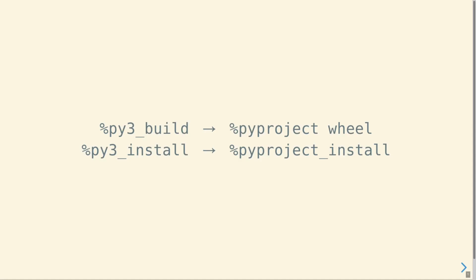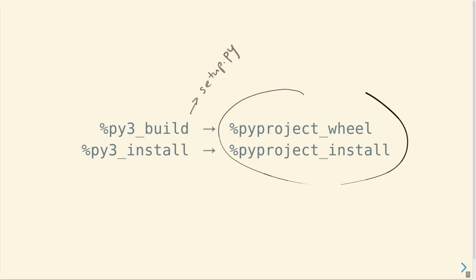Instead of %py3_build, the old macro that runs setup.py, you would now use %pyproject_wheel and %pyproject_install. These are named after the new configuration file, pyproject.toml, but they fall back to setup.py if the file is missing. Unfortunately, there are some build systems that do not have these newly standardized hooks. If your package uses something else than setuptools, Flit, or Poetry, we'll be glad to chat about it and see how we can move forward, but we might not end up with a refreshed spec file.